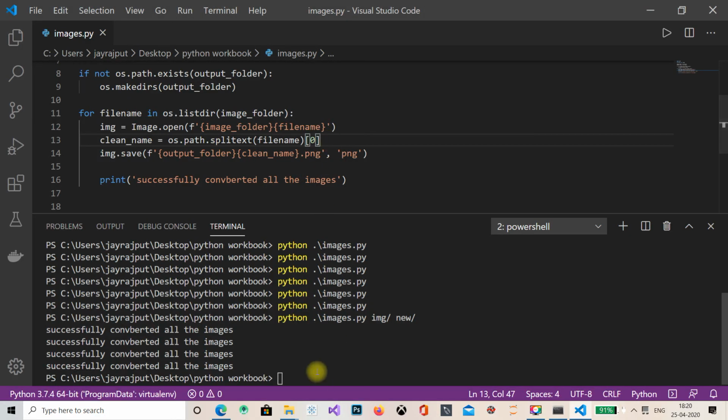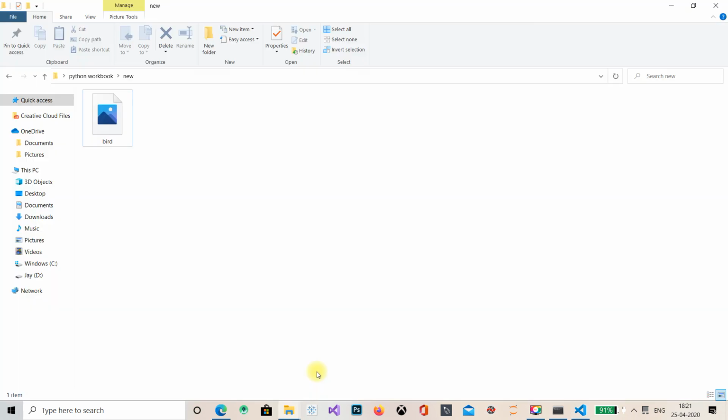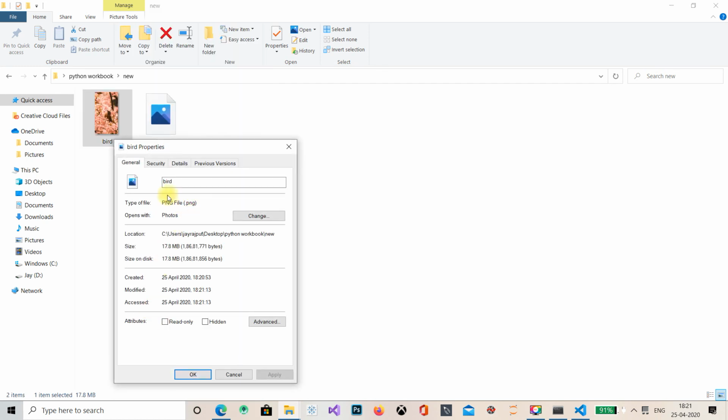Control S, and let's see the code. I'm not sure guys it will work, I'm not much sure, but let's see. Yeah guys, yes, see, it's done. The first image is converted to png, guys.